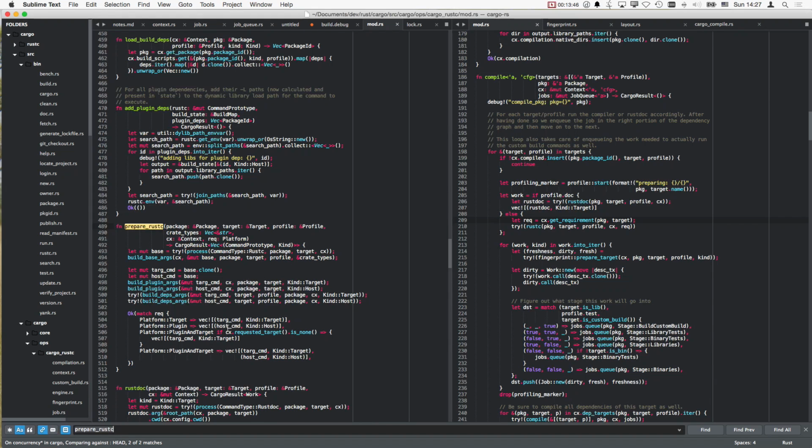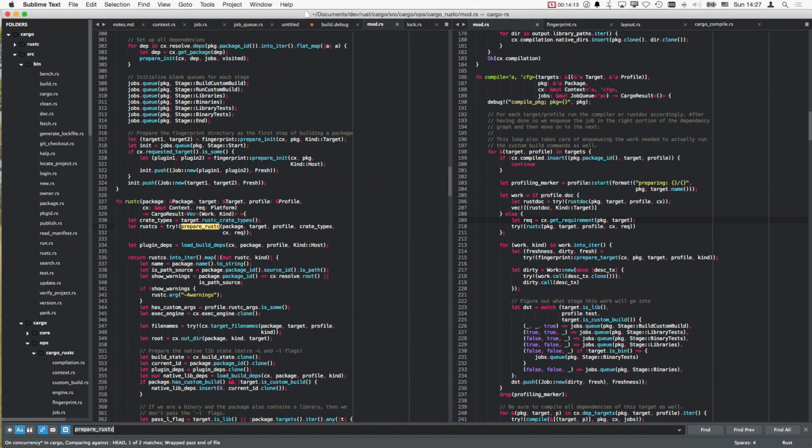Target command, host command. If it's a plugin, it's a host command. I see, that's just for plugins. Plugin and target. Okay, if there is no target, then it's just one, and if there is one, then it provides you with target command and host command, and that's the vector then. Okay, for each of these work units,